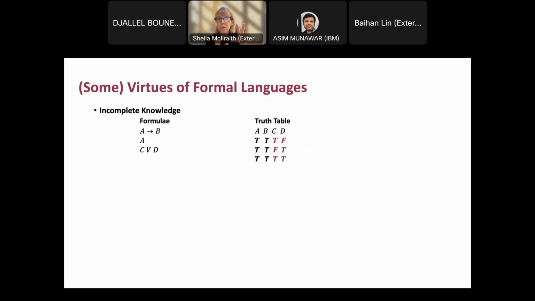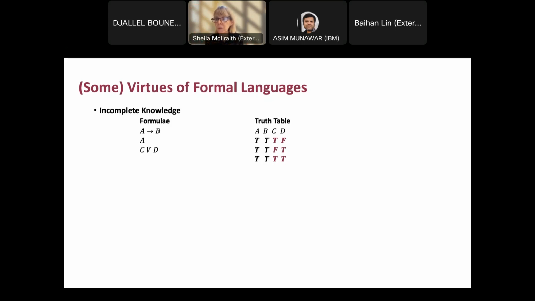And that finite set of sentences induces a set of models or a set of interpretations that describe many different ways the world can be. So using the example that I have on the left, A implies B, and A tells me that A is true and B is true in every way the world can be. But C or D tells me that C can be true and D can be false, C can be false, D can be true, or they can both be true, which induces three different ways the world can be, as we can see in that truth table representation on the right.